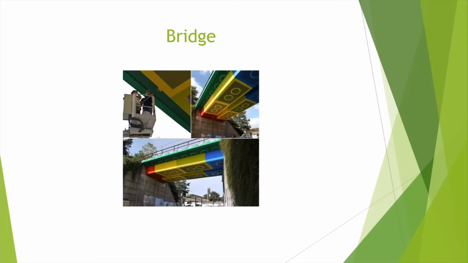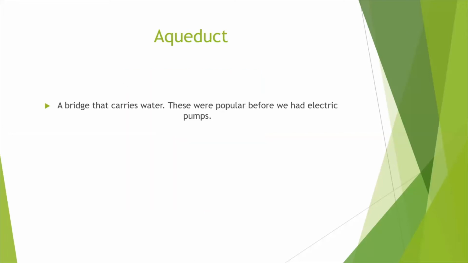So I cheekily used one of Pastor's Lego slides there to show a bridge. It's just a bit of fun, but I know that we all know what a bridge looks like. And this is exactly it. This bridge has been built over an obstacle in order to have passage over that obstacle and to retain the physical features. So we wouldn't actually get rid of that obstacle, that physical feature.